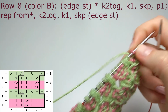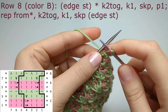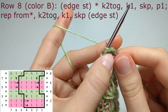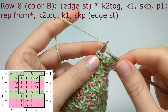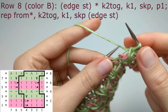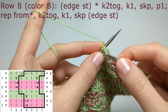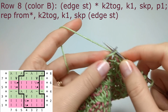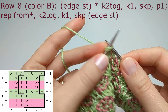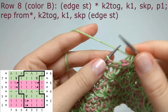And the last row for this pattern, row number 8, is kind of like row number 4. Knit the edge stitch, and we start with the knit 2 together, knit 1, slip, knit, pass, and purl 1. So that's the whole repeat. Knit 2 stitches together, knit 1, and slip, knit, pass, purl 1. Again, knit 2 together, knit 1, slip, knit, pass, purl 1,